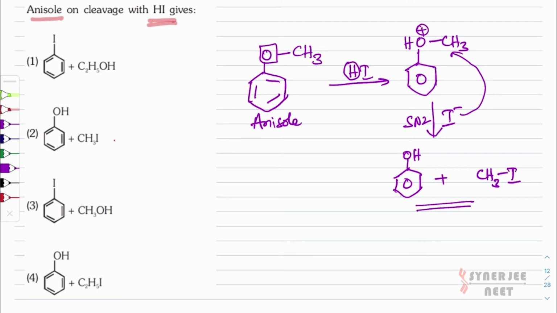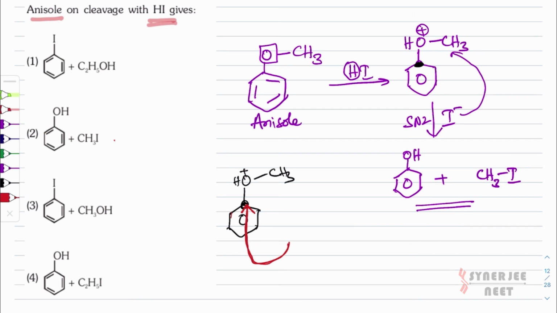You may ask one question, sir, why is it selecting this carbon? Why not the other carbon on the other side of oxygen? First of all, the benzene ring is a planar compound, and the oxygen is in the same plane. If the nucleophile has to attack this carbon, it has to approach in this direction. But that is not possible because the benzene ring is in the same plane. How will it penetrate through the benzene ring and attack this carbon? That is not possible structurally.